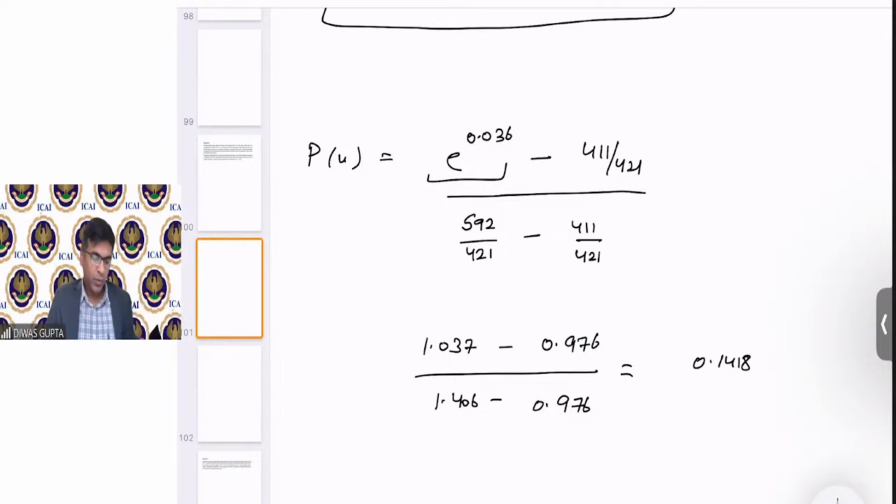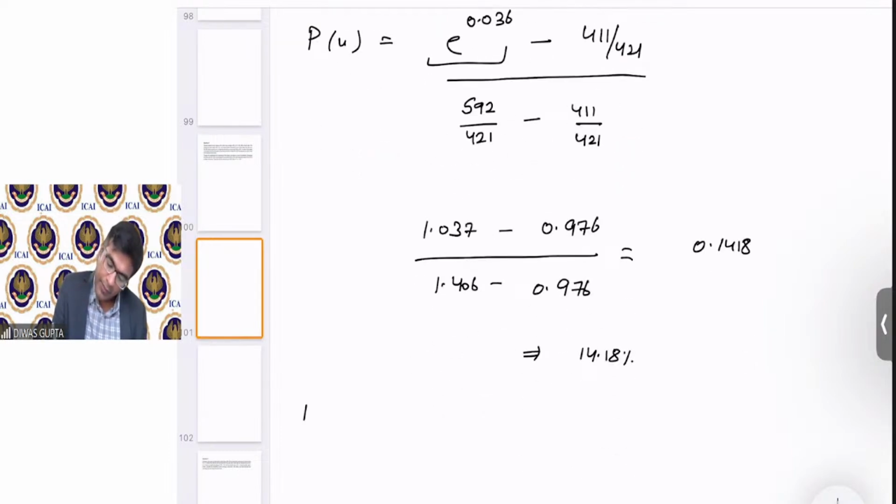Just a second, let me check it. 1.406 minus 0.976. 1.037 minus 0.976. Yes, 0.148, which is actually 14.18 percentage. So the probability